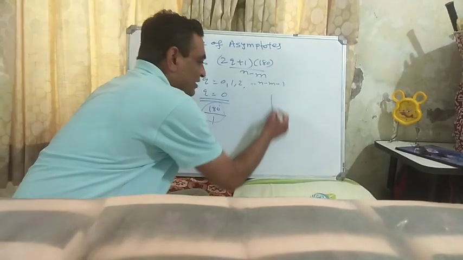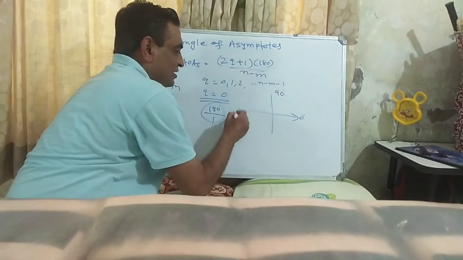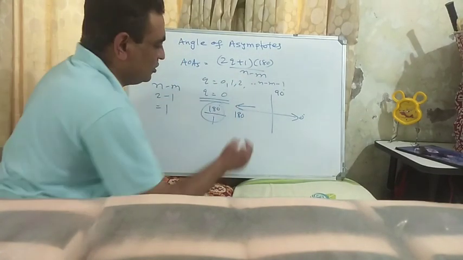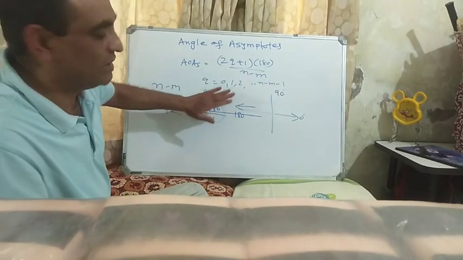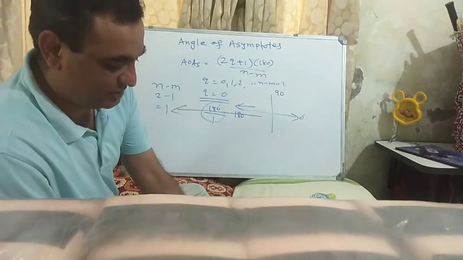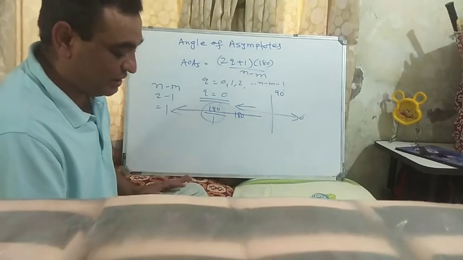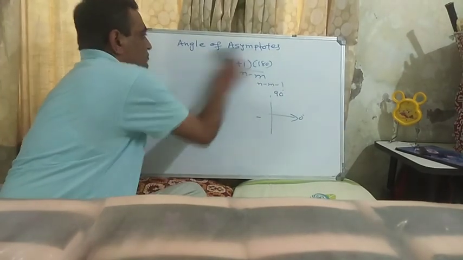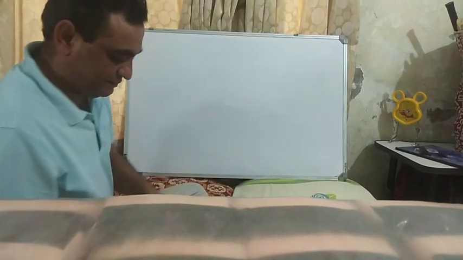So where is 180 degree? This is 0 degree, this is 90 degree, this is 180 degree. So this is the asymptote. So one branch of the root locus will move towards the negative real axis along the direction of the asymptote, that is 180 degree. So this is clear. And the other branch will terminate at the open loop zero at z1 equal to minus 3. So we have calculated the angle of asymptotes as well.